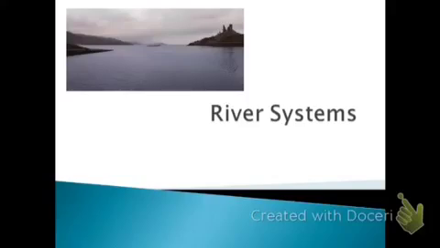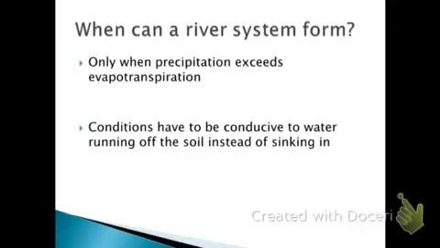Let's get started. River systems usually form when the precipitation, what's falling out of the sky, exceeds the evapotranspiration rate. Evaporation is liquid water going to a gas, and transpiration comes from green plants. The conditions must be conducive to water running off the soil instead of sinking in. So we want the water to not just go into the soil, into the groundwater, but mainly into a river